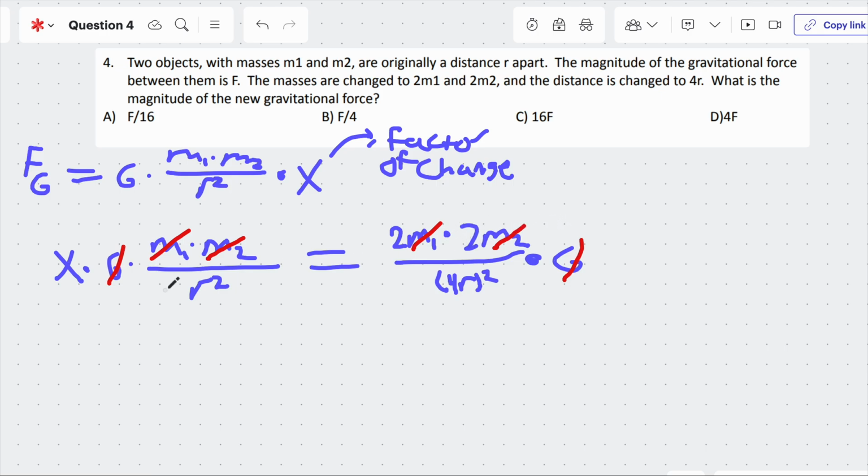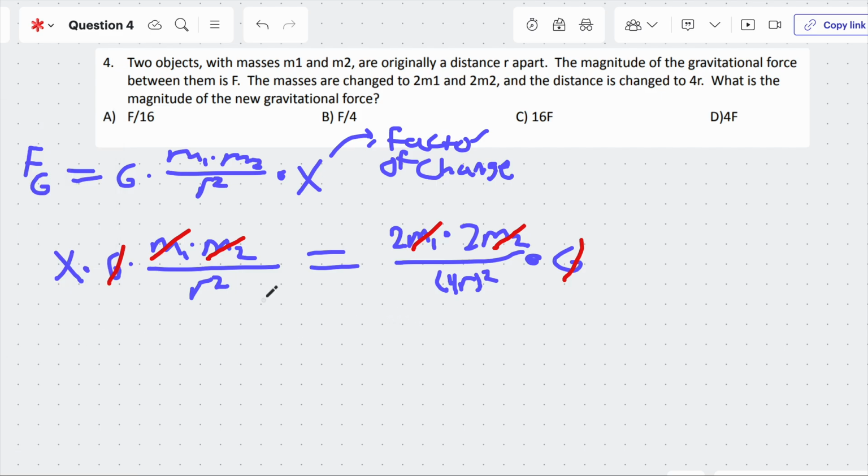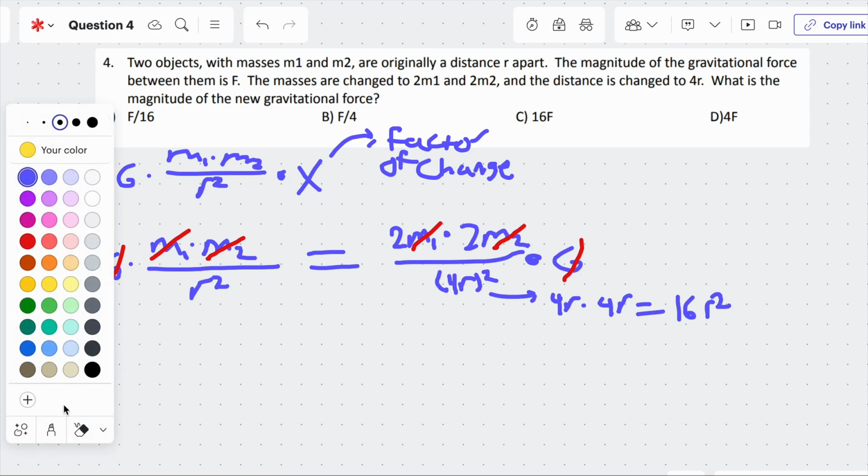That 2 will stay. Okay, I just realized I skipped a step. So this 4r squared, if we actually square that out, remember, squaring something is multiplying it by itself. So 4r times 4r is going to give us 16r squared. So if we rewrite the bottom there as 16r squared,